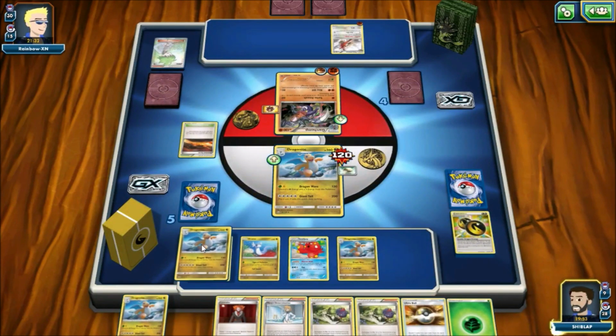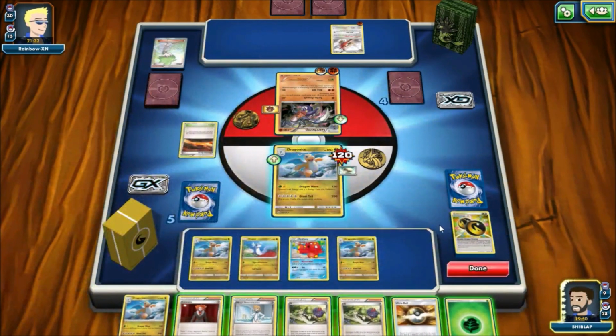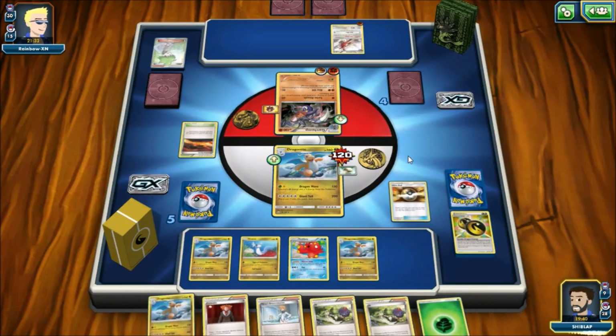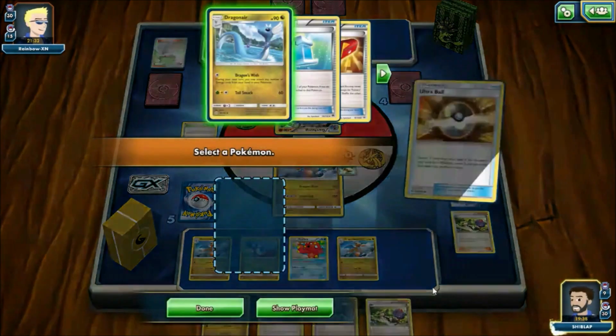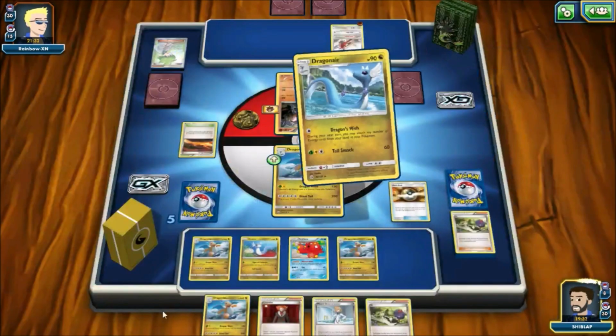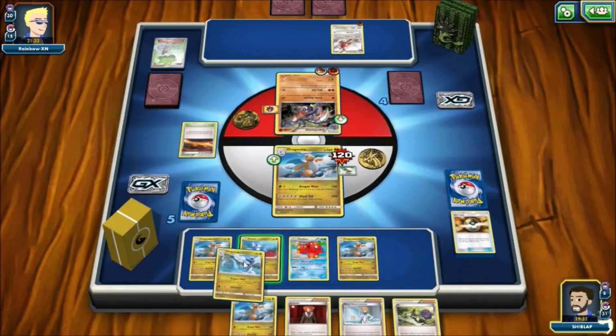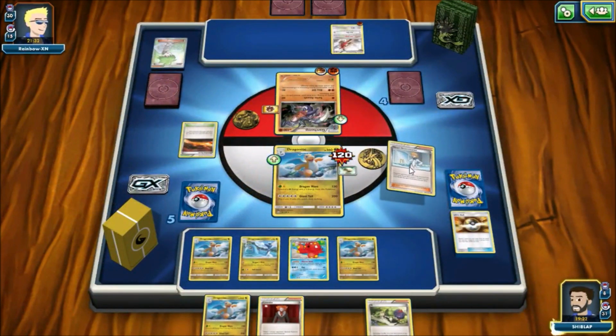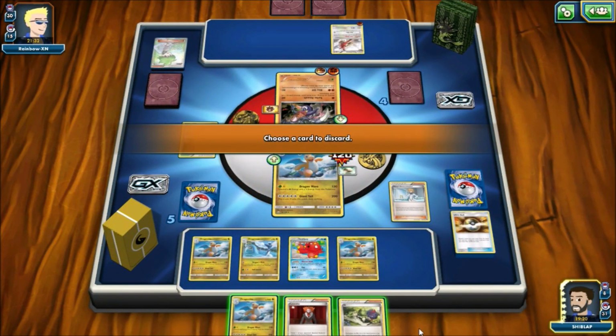So here we definitely have an opportunity to pull off some shenanigans. If we get a Max Potion, because I think we still have the other one left in the deck, we can heal off all this damage. Our opponent worked so hard to put on this damage on Dragonite and we just heal. So there we do see the other Max Potion is in the deck. So what we do here, Misty's Determination. I like that. We can get rid of probably...